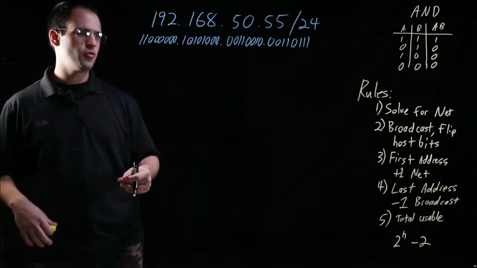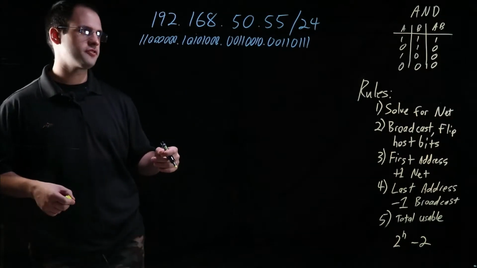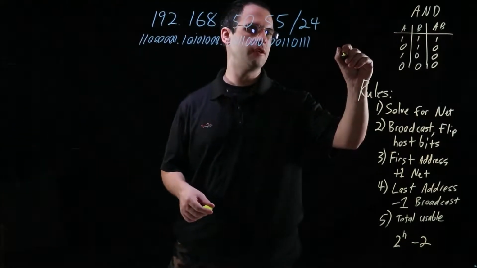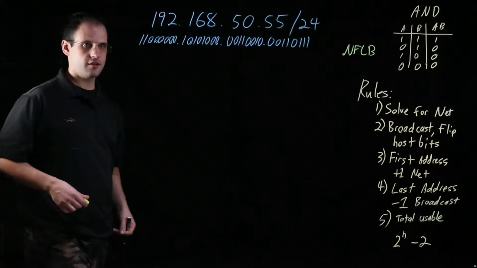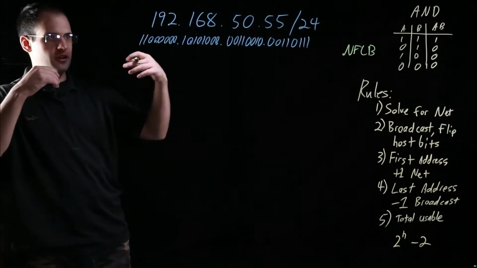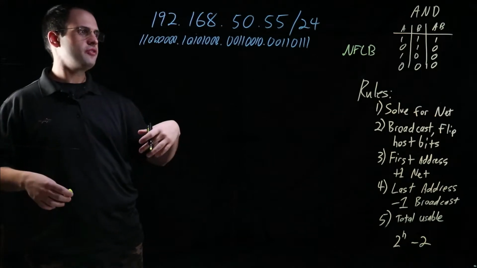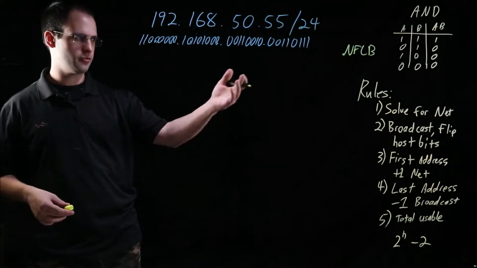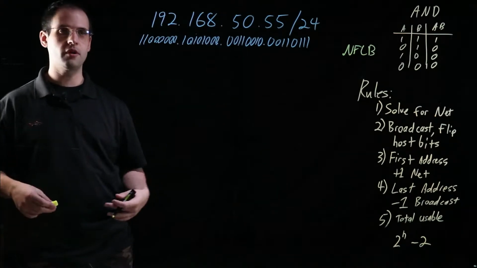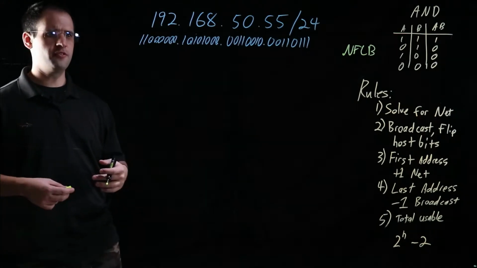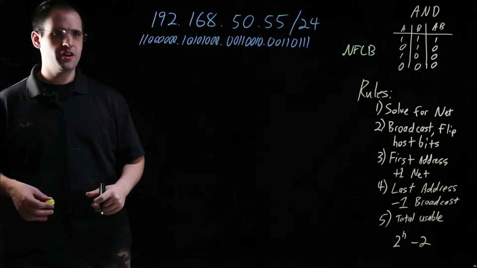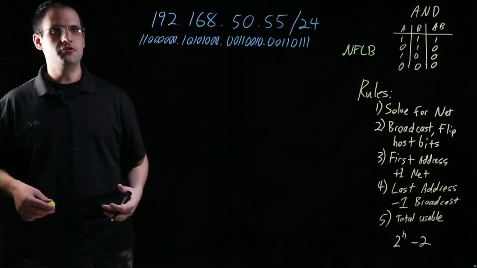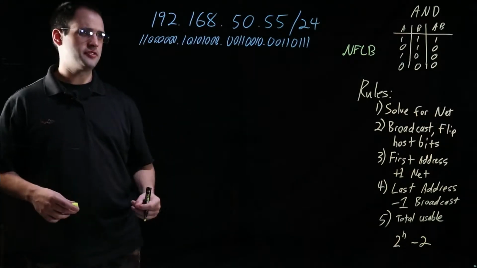And in the last video, we walked through the entire steps working through the NFLB, right? The network, first, last, broadcast. We found the network address, and then we slowly walked through and found the broadcast, the first, the last. We followed some rules and went through the ANDing process, but we broke it up into two different videos. Here, we're just going to crash straight through and go start to finish on NFLB using this example IP